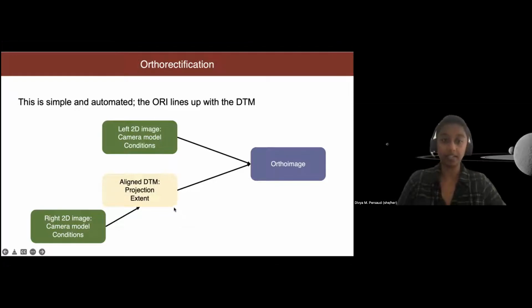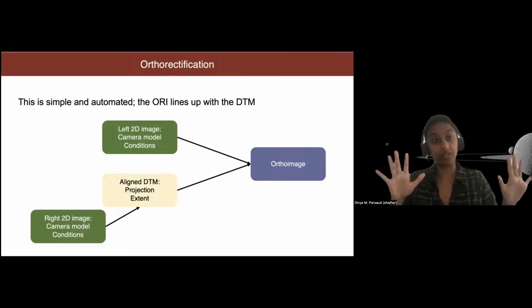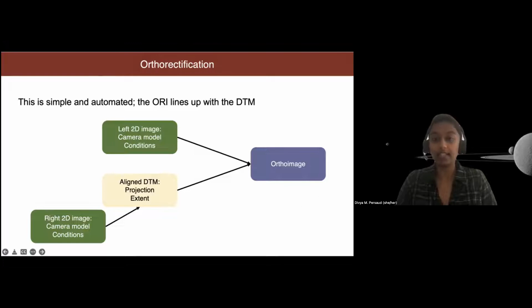Then the software will take the 3D model and one of the images, and all that information from both of them, especially the projection and the extent, which just tells you how the 3D globe is rendered in 2D. And then you get an ortho image, or ORI. This is just the 2D image that's ready to be draped onto the 3D. And that's a pretty simple process.